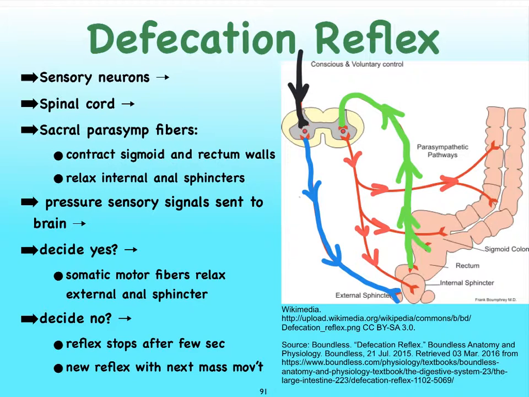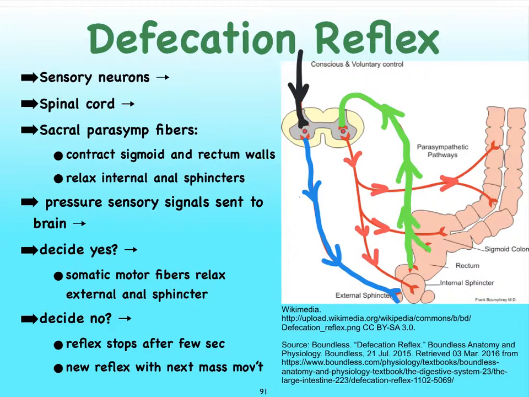Some of the parasympathetic fibers are also going to start relaxing the smooth muscle that makes up the internal sphincter. Remember, the internal sphincter is made up of smooth muscle, while the external anal sphincter is made up of skeletal muscle and is under control of the somatic